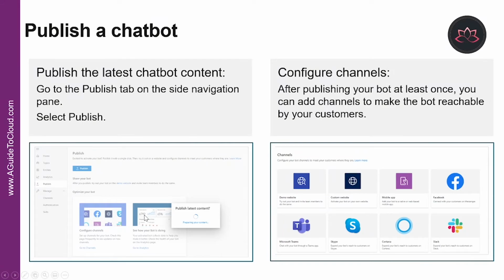And finally, you will be able to publish a chatbot. With Power Virtual Agents, you can publish chatbots to engage with your customers on multiple platforms or channels. These include live websites, mobile apps, and messaging platforms like Microsoft Teams and Facebook. After you have published at least once, you can connect your chatbot to additional channels as well. Each time you want to update your chatbot, you publish it again from within the Power Virtual Agents app itself. This will update the chatbot across all the channels where you have connected your chatbot.